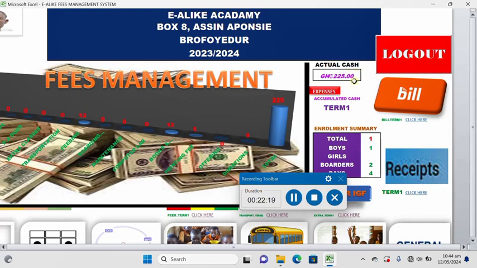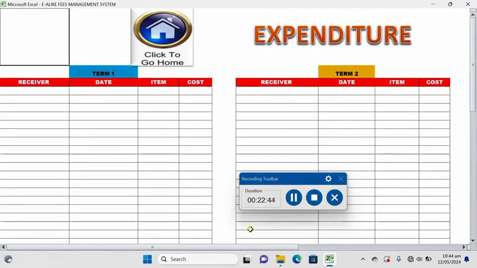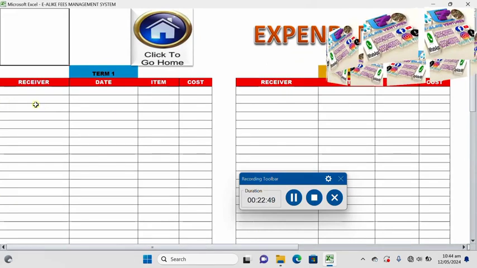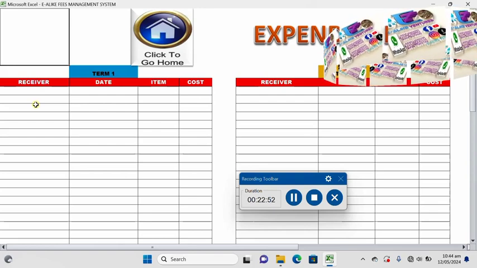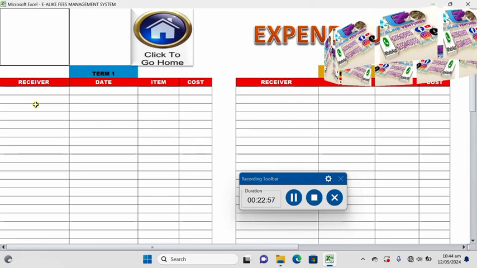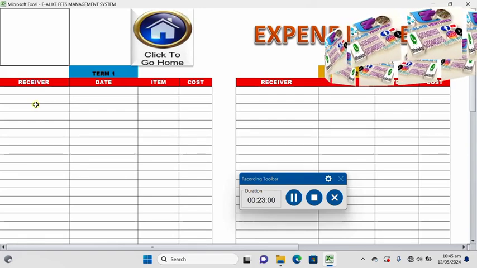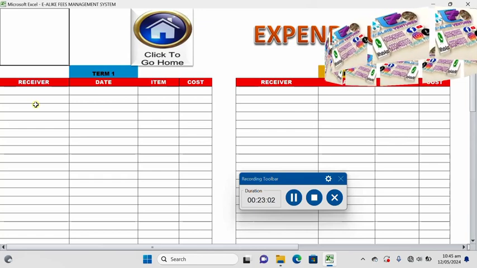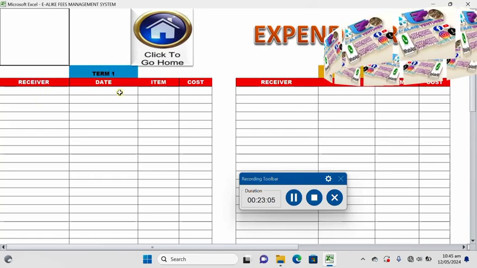Okay, so far this is the actual money for which term? You see, this one is a tutorial, so that's why things are just like that. So with this, we are focusing on term 1. Then you just come here. There are the expenses. You come to the receiver, the person who received that money for the work or whatever the person is going to use it for in the name of the school. So term 1, the receiver, the date,